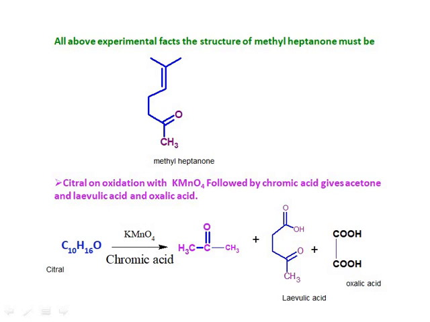These reactions are also done on citral, like firstly oxidation with KMnO4 followed by chromic acid. On citral, it gives acetone and levulinic acid plus oxalic acid in the